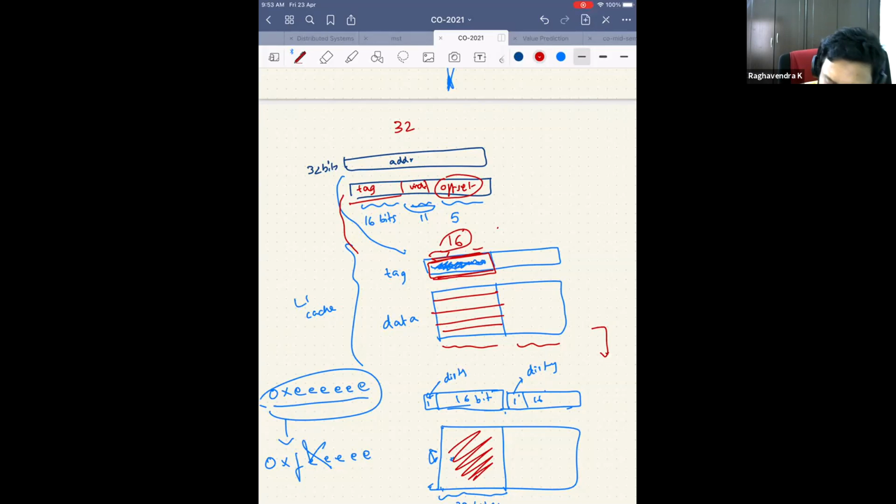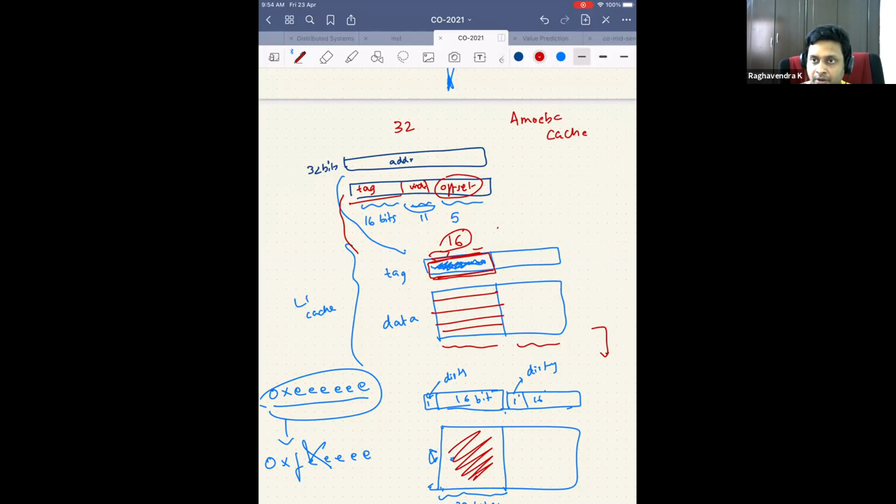There is a very famous technique called amoeba cache. Of course, it didn't catch on. People published papers on this, but the real world did not adopt it. What they do is, when the CPU requests a byte, they don't fetch the entire 64 bytes into the cache. They fetch only 32 bytes, and if the CPU requests another 32 bytes, only then will it fetch those 32 bytes. So it organically grows the cache.